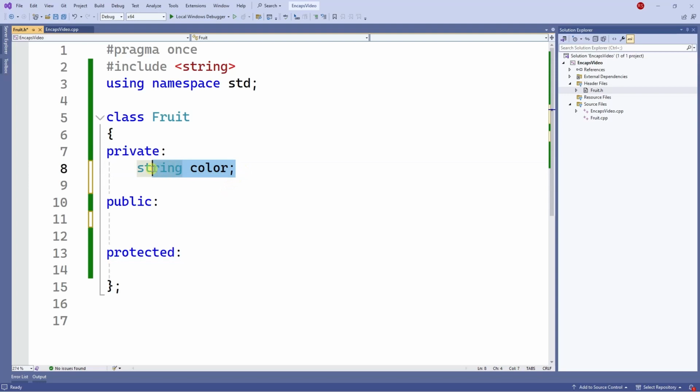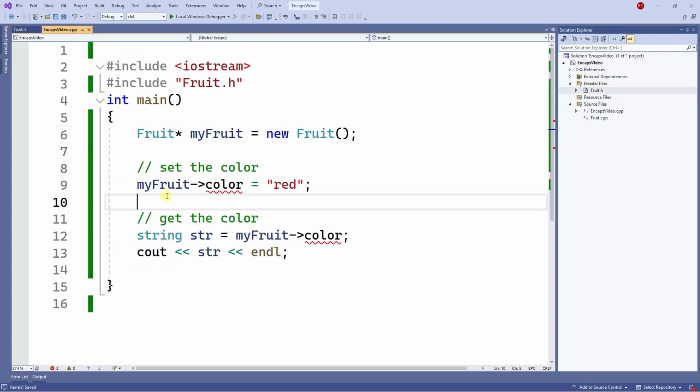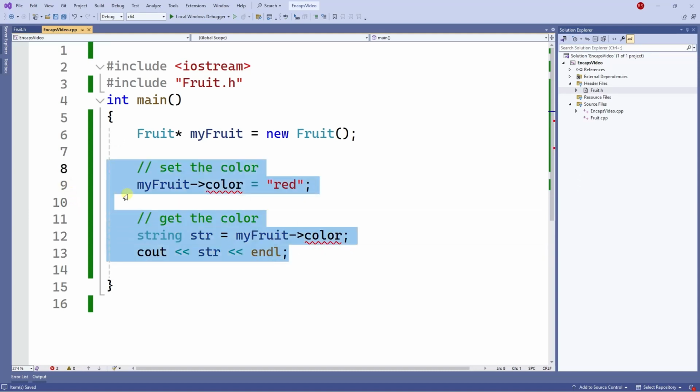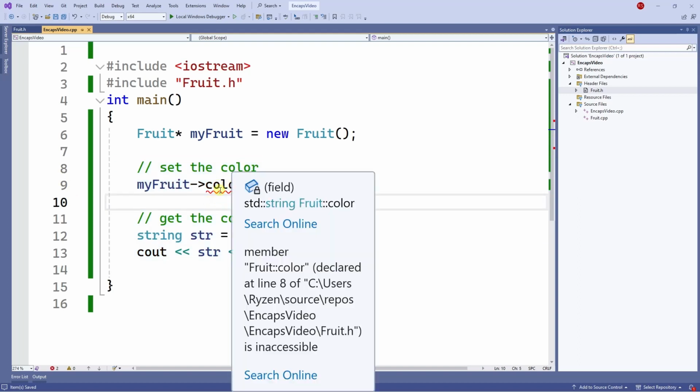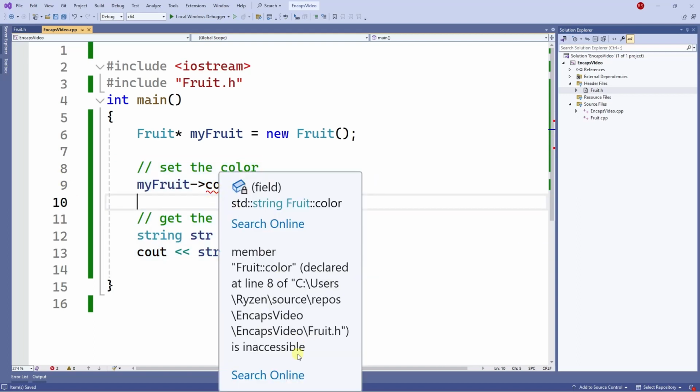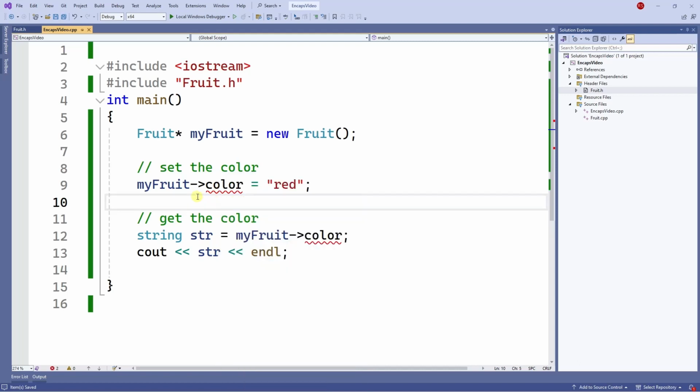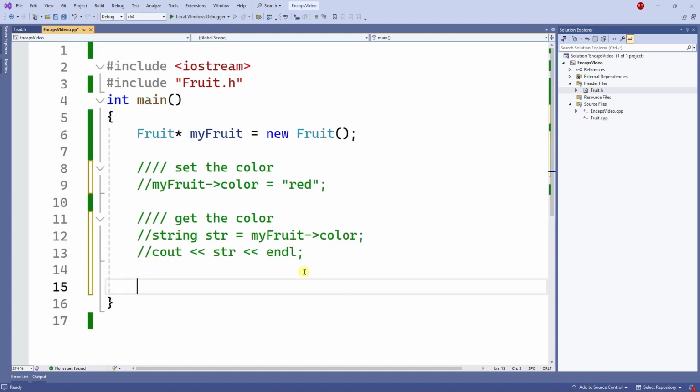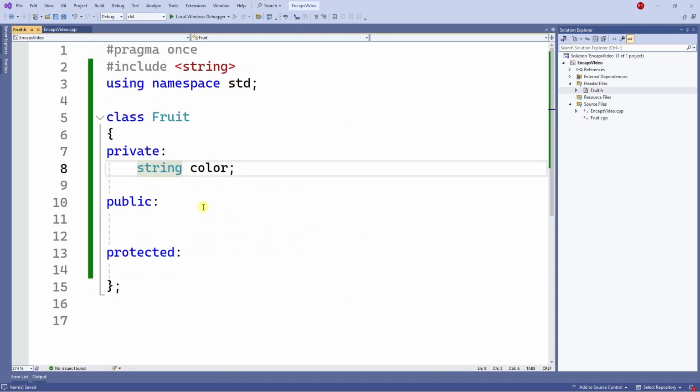Once you have the string color here as private, it breaks this code here. So now this entire code is broken because the color is now private and it is inaccessible to any function outside the class. The main function is not a fruit function. So because of that, it cannot access it. To fix this, we need to create what are called getter and setter functions for the fruit class that will